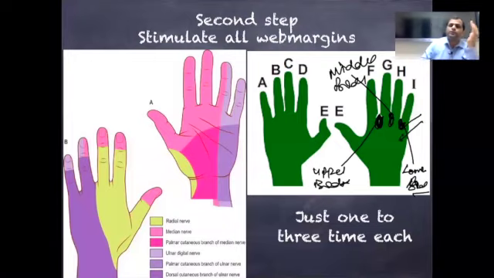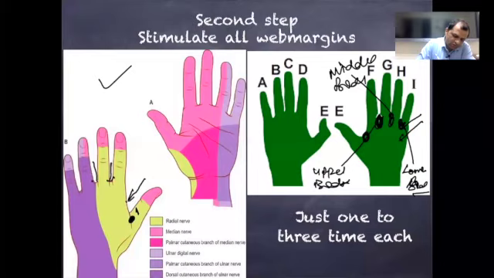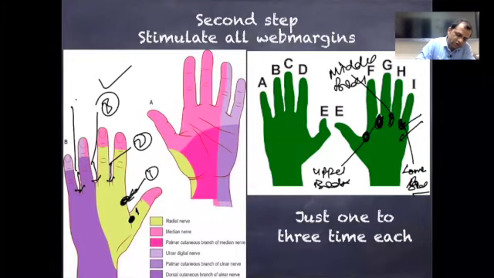But right now, we have to press the web margins. So we have to press the 4 web margins here. And remember, how will we press? Look at this image. We will start from the corner of the thumb here. This is the first web margin. Web margins means these gaps. These are called web margins. So we will stimulate these web margins: web margin number 1, number 2, number 3, and number 4.